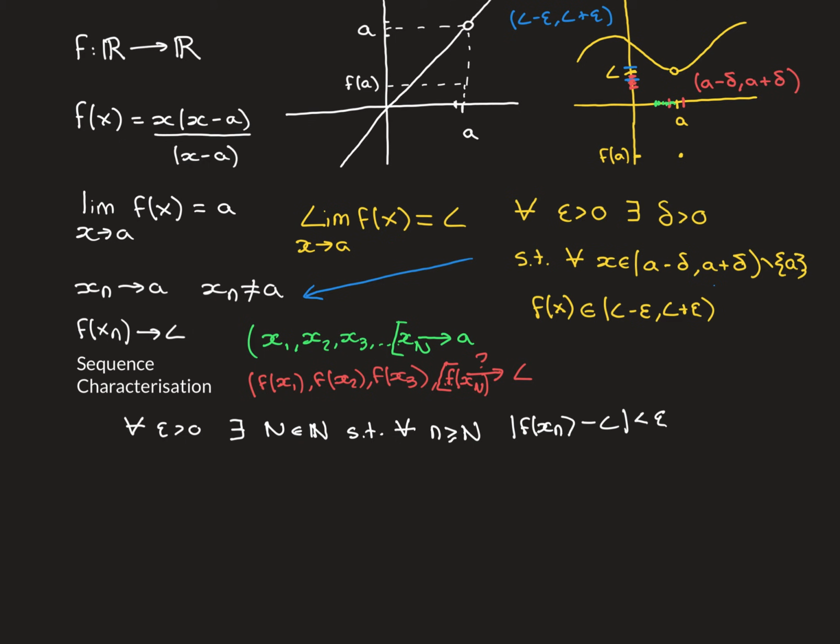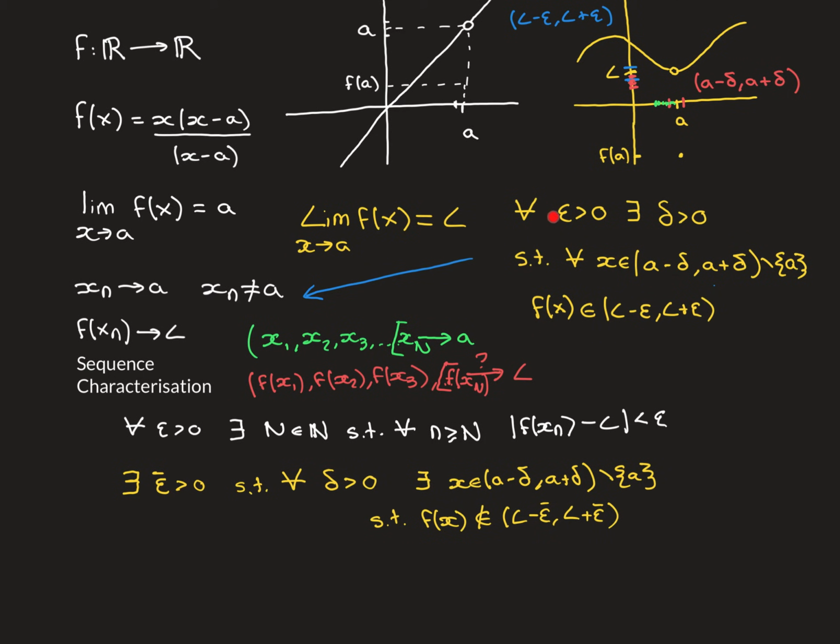So to prove this then, we're going to start off with the sequence characterization assumption, i.e. that if you have any sequence that converges to A where the terms of the sequence are not equal to A, so any one of these green sequences in the domain, then its corresponding image sequence in the codomain converges to the limit L, and we want to then prove that we can derive this epsilon-delta definition and therefore say that the limit of the function as x approaches A is equal to L. And the way we're going to do this is by proof by contradiction, i.e. we will assume that this is not true and show that it contradicts our initial assumption that this is true.